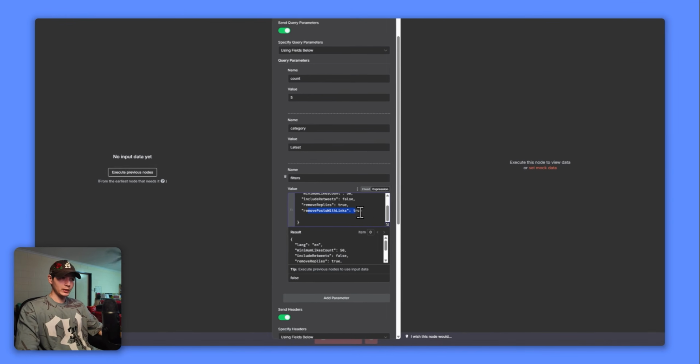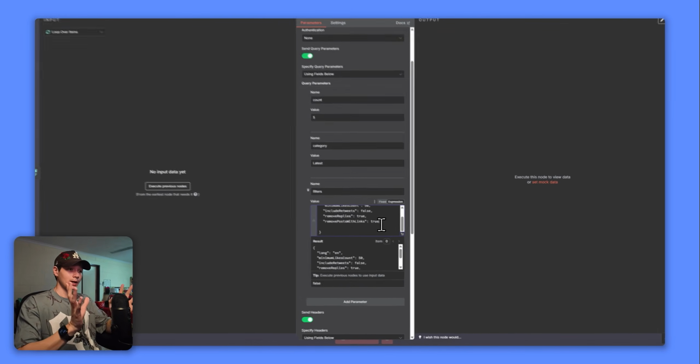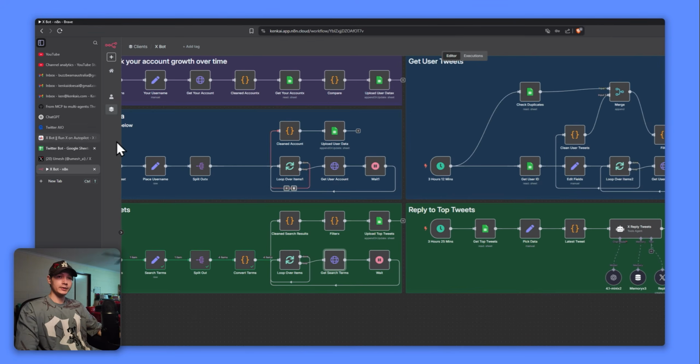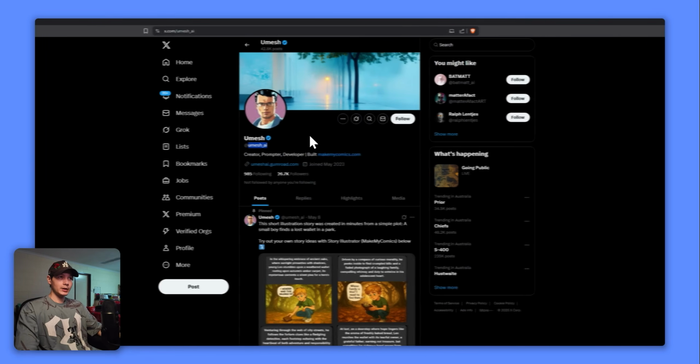And then remove posts with links, because we just want to focus on accounts that are not doing sponsored ads and all this crap. We just want to focus on accounts that are generating good tweets. Now, to find these X accounts as well, you're going to jump over to X,